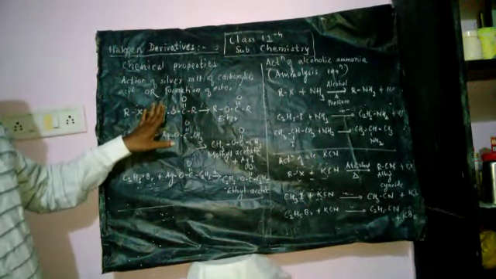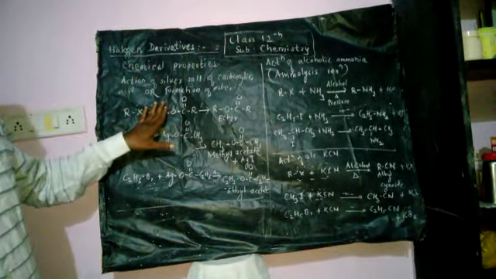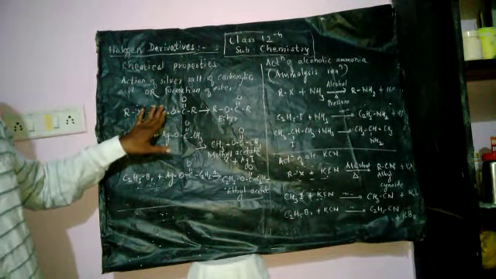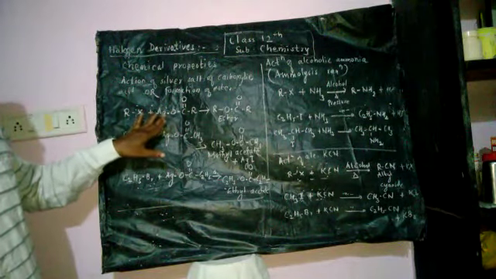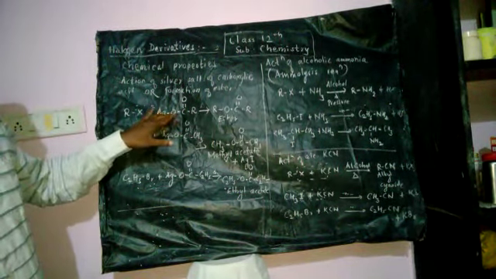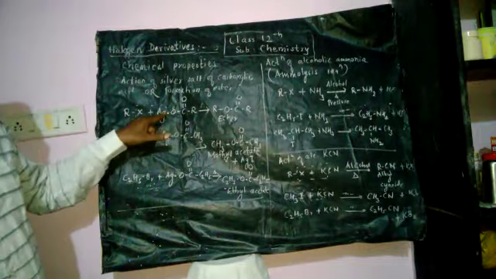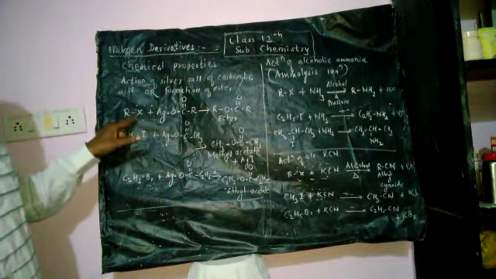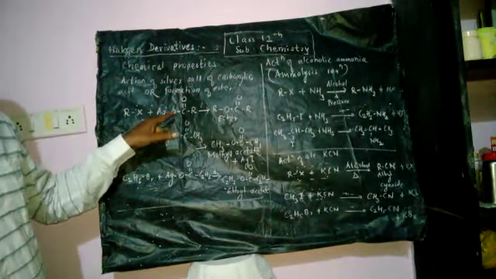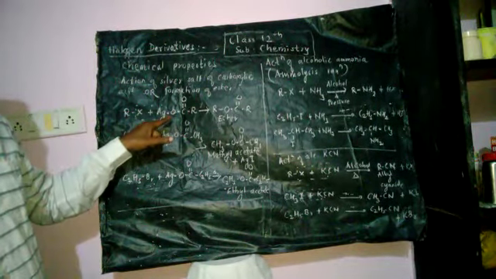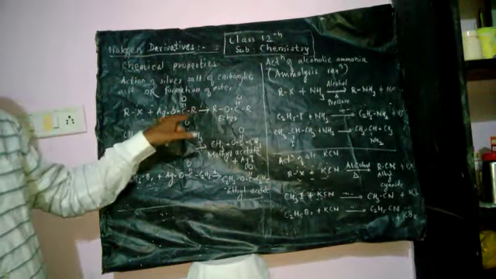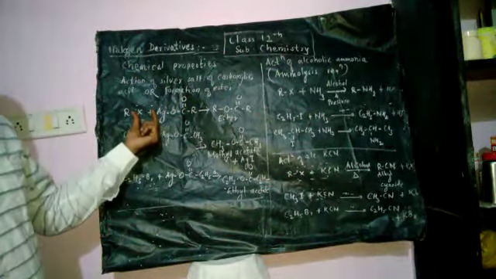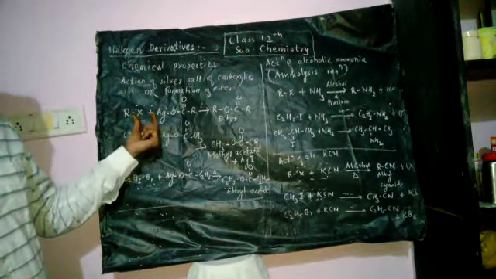When alkyl halide is heated with silver salt of carboxylic acid. Again, hydrogen atom of carboxylic acid is replaced by silver. So it is silver salt of carboxylic acid or silver carboxylate. When alkyl halide is heated with silver salt of carboxylic acid or silver carboxylate, then ester is obtained, and side product is silver halide, AgX salt.